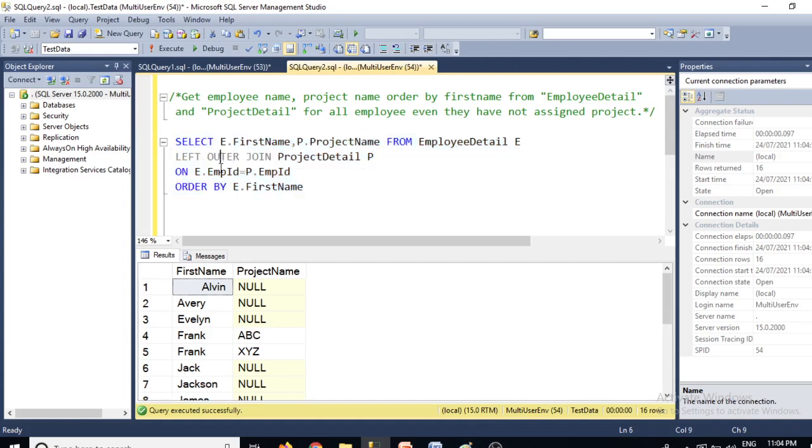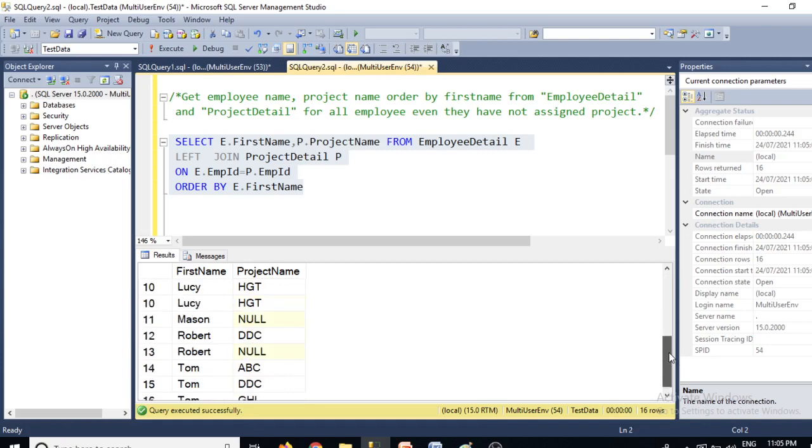And instead of left outer join, you can simply write left join as well. So this is a kind of example where we use a left outer join query. Here you can see null wherever we don't have values in the right table, and it retrieves all the records from the left side, like first name, right? It retrieves all the records from the first table, and in the corresponding table we have some null values also, but it retrieves those records as well. So this is the answer of the first question, guys.